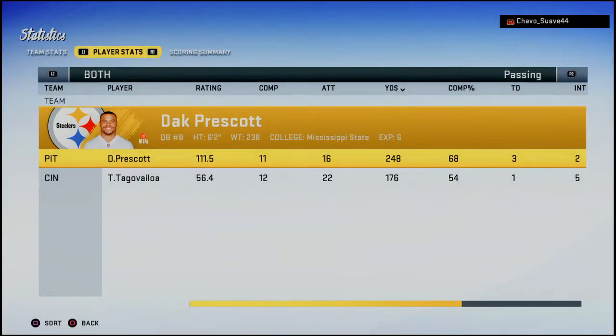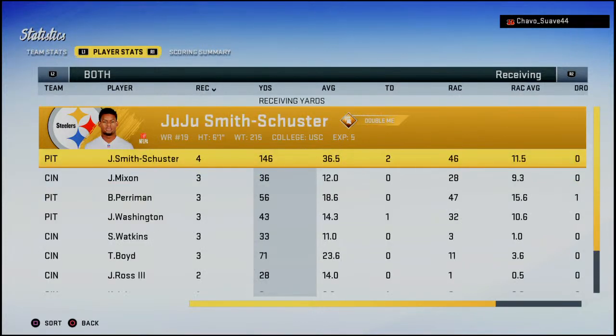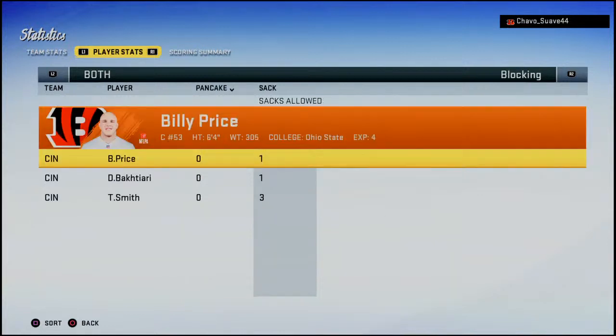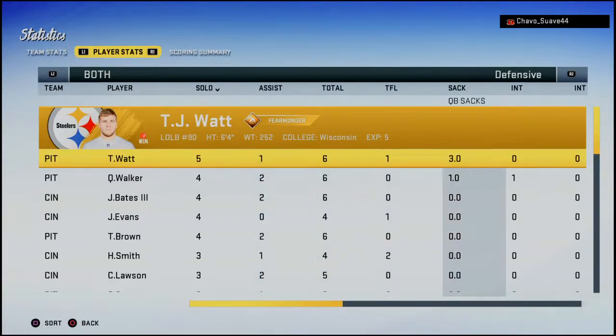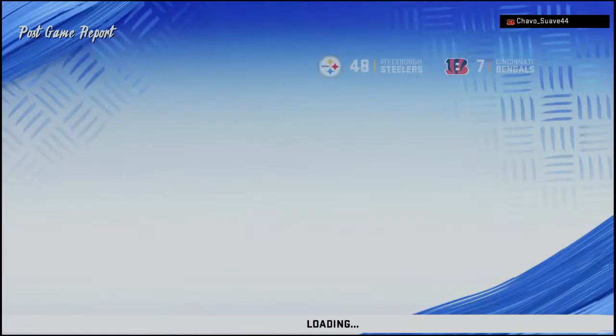So for Pittsburgh, the win will be their 12th now on the campaign. And they'll get another road date next week as their opponents will be the New York Jets. Meanwhile, for the Bengals, things get even uglier now as they fall to 2-13. And they'll be on the road next week for a matchup with